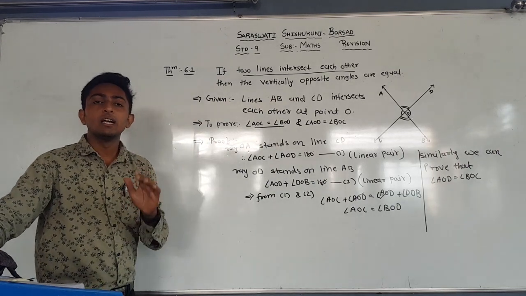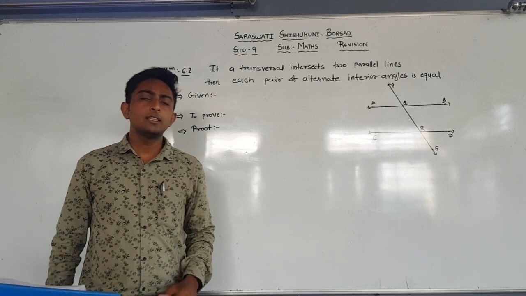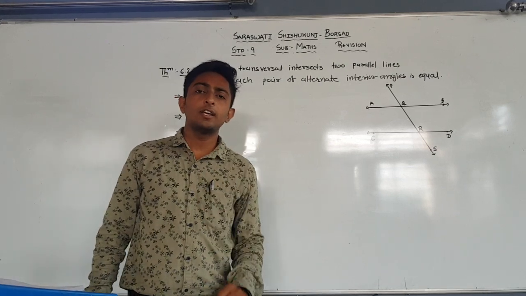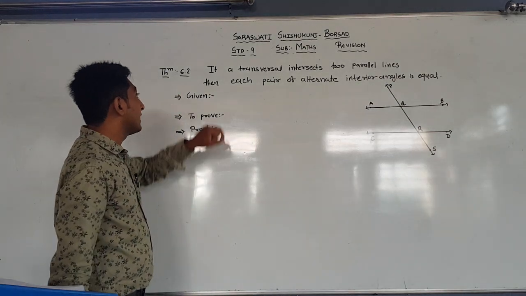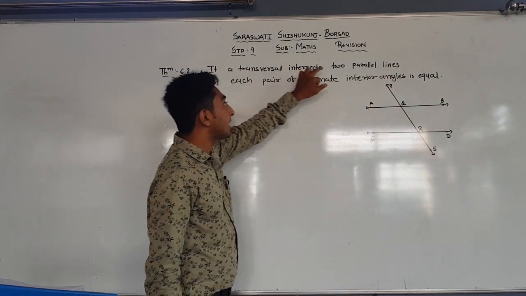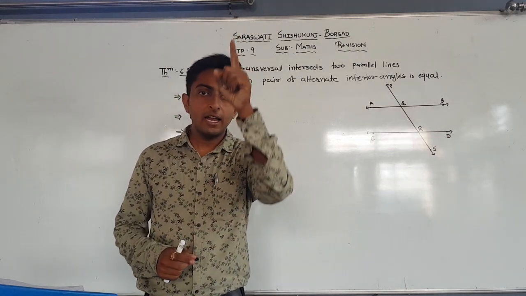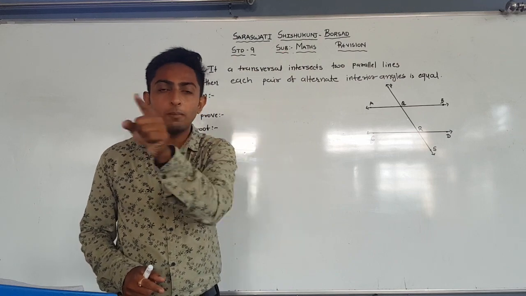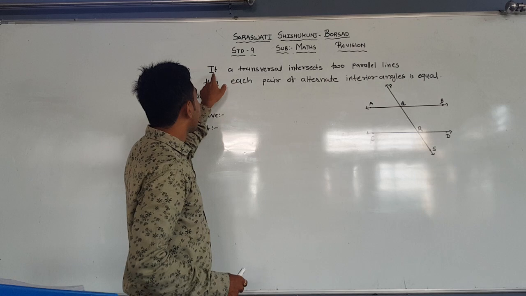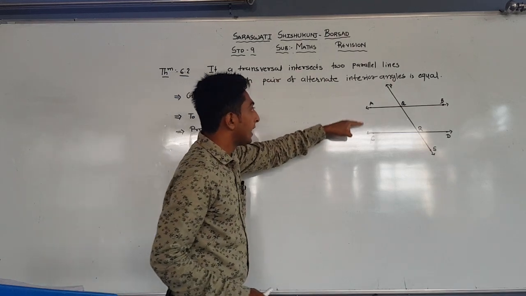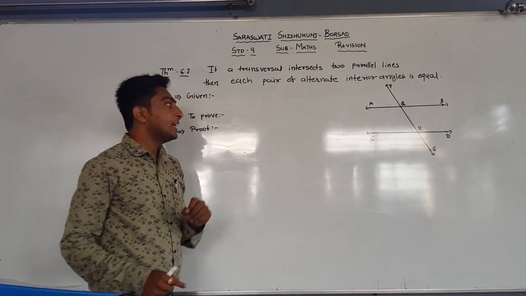Now let us see theorem number 6.2. The next theorem is theorem number 6.2. The statement tells us if a transversal intersects two parallel lines. Now you know what the meaning of transversal is? If a line intersects two or more lines, then that line is called a transversal. So a transversal intersects two parallel lines, then each pair of alternate interior angles